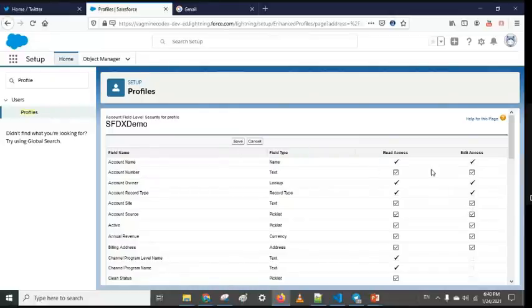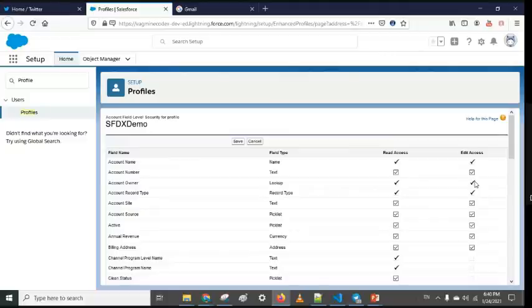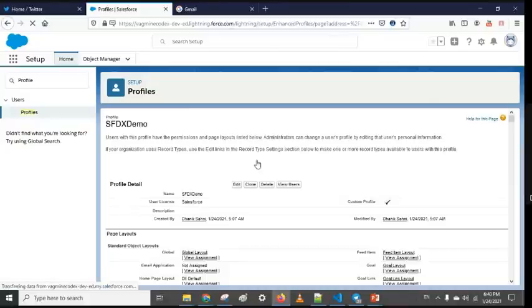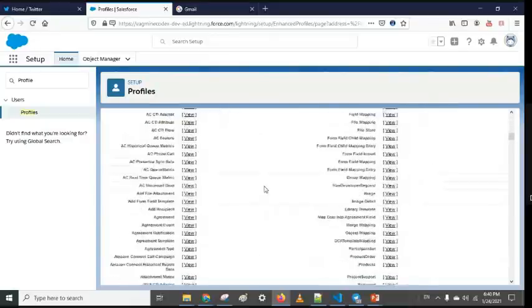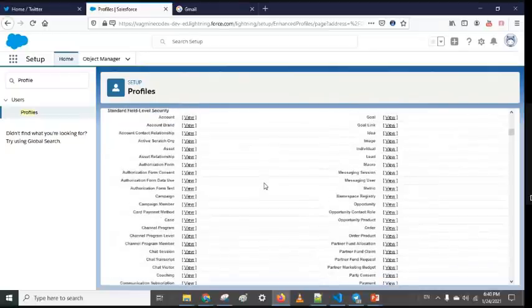So for each field, which access you have given, only read or they can also edit as well. We have to put all those field access details, for both custom objects as well as standard objects. We have a separate section for both in the profile page. For each field, whatever edit or read access you want to give, you have to go and put it in the field level security.